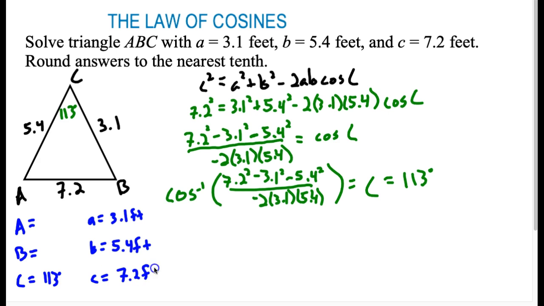Now that we know a pair of opposites, an angle and its opposite side, now we can use law of cosines. I'm sorry, now we can use law of sines. So I could set up sine of 113 over its opposite side of 7.2 equals, and again, it doesn't matter which one I solve for first. I'll solve for angle A, so equals sine of A over 3.1,